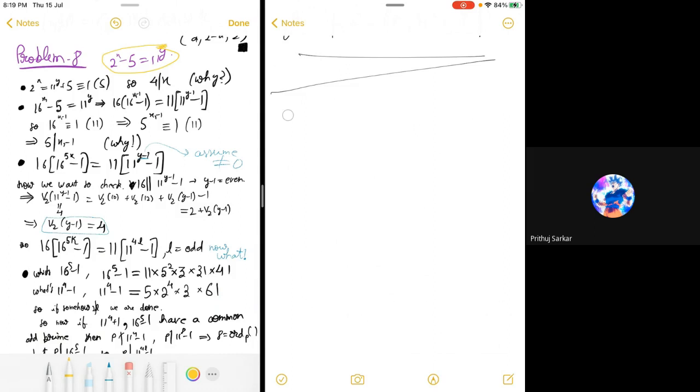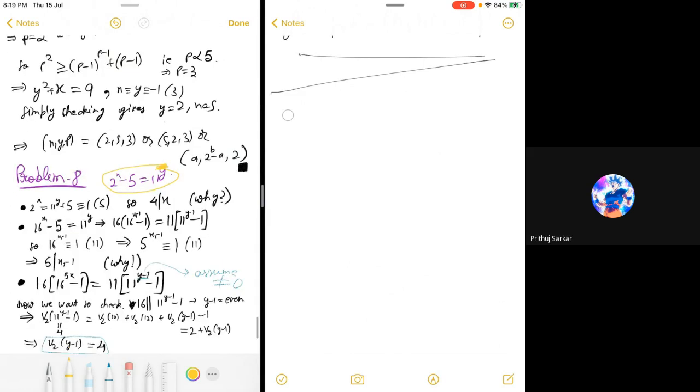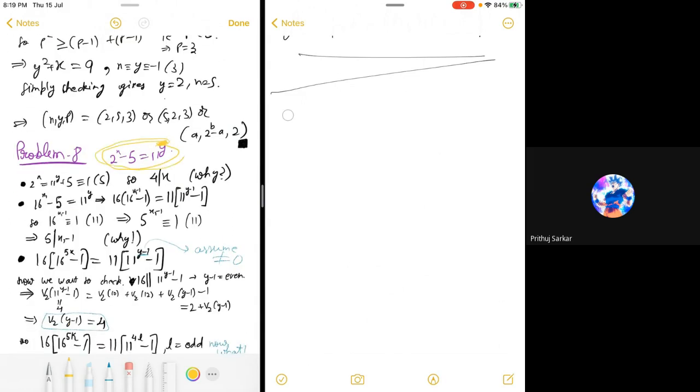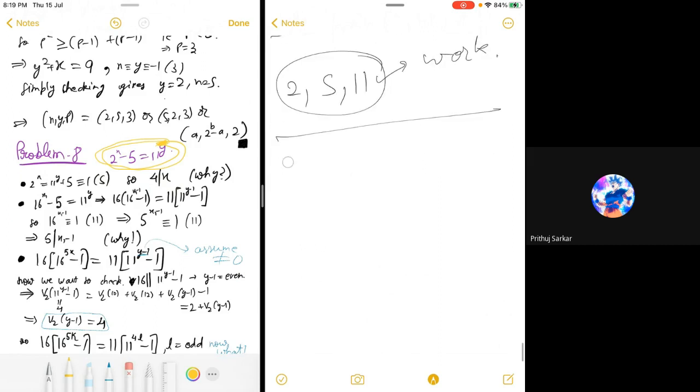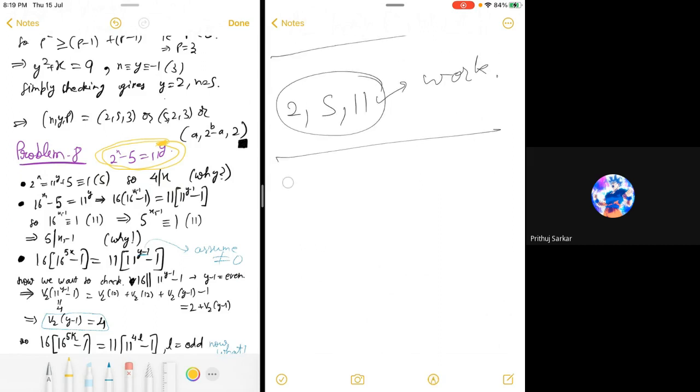So what is your first instinct when you see some sort of this thing? It is to check modulo 2, modulo 5 and modulo 11, because these are the only numbers we see here, right? But this does not necessarily work. In this case it does work, and we do use it.